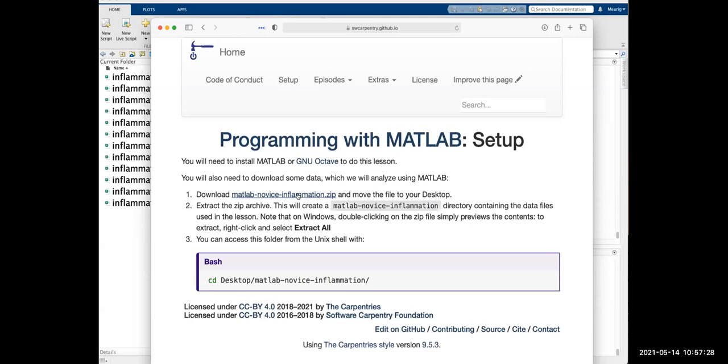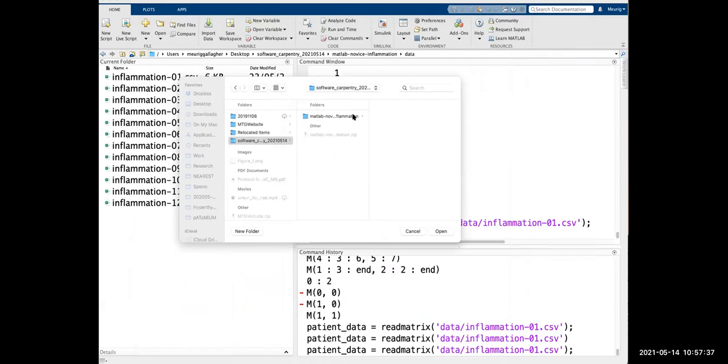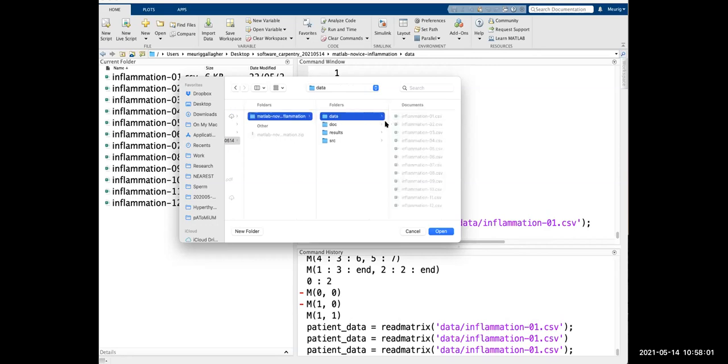Okay, so now I downloaded it. Now you need to just extract it. Extract it, yeah. And then inside it, it should have a data folder.